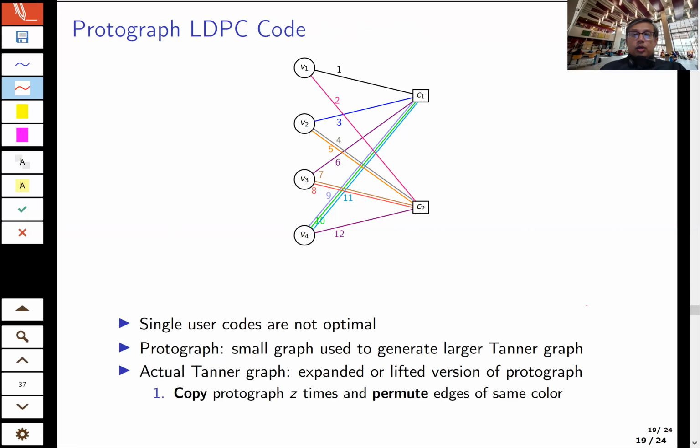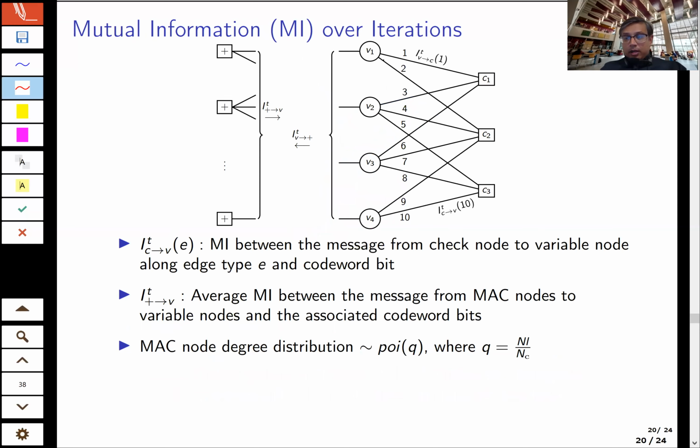Now the question then is, how should we design this Protograph? And the way we did it is to use what is by now somewhat of a standard procedure in iterative decoding, which is to track the mutual information that corresponds to these various messages that we are passing, and to optimize the Protograph degree profile using an optimization technique. I'm not going to go into too much of the details about this. So this procedure that tracks the mutual information is known as density evolution. I'm not going to go into too much of the details because much of this is fairly standard in the